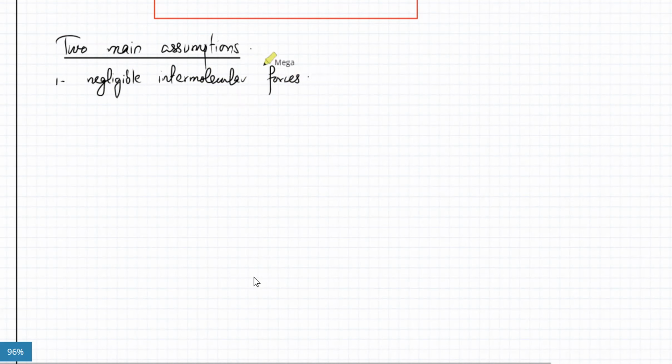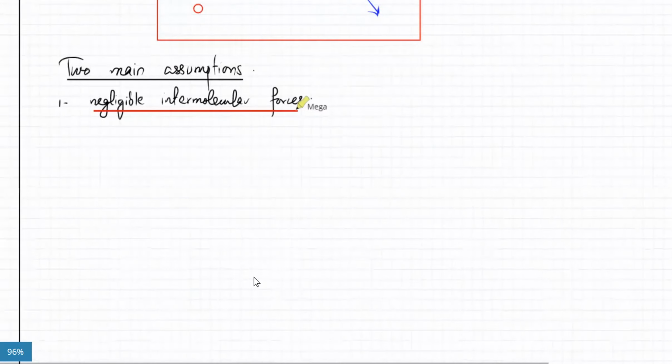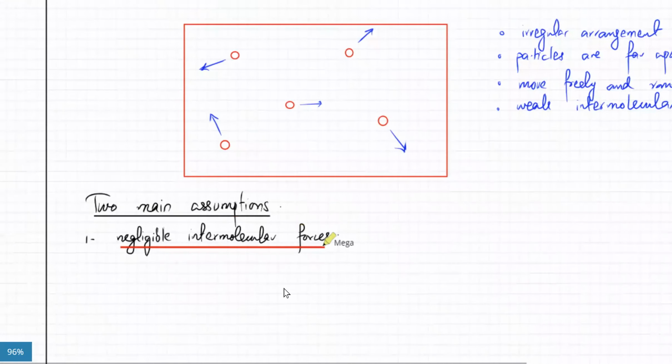Now, this assumption is true under certain conditions. Gases always have negligible intermolecular forces, but it holds best when the particles are really energetic at high temperatures. If this particle has very high energy,